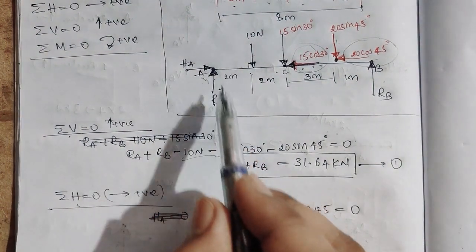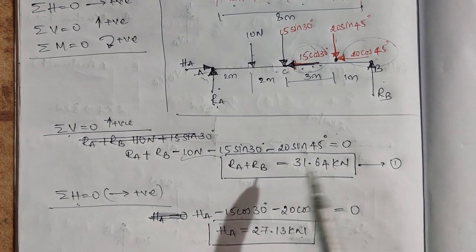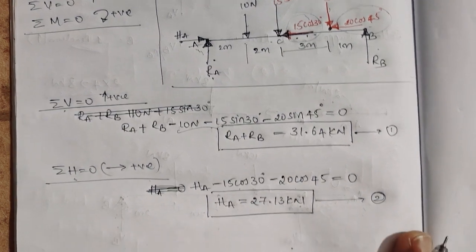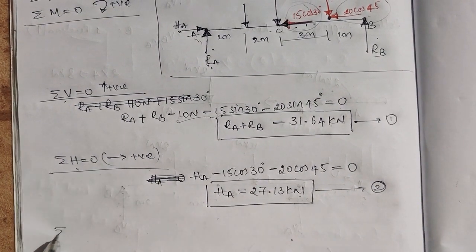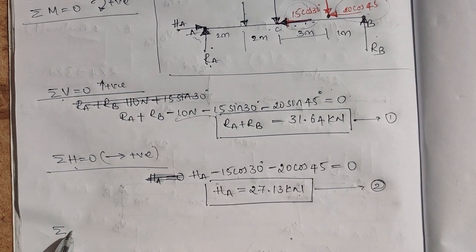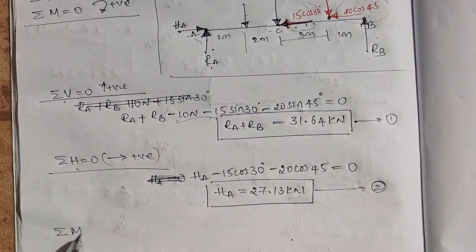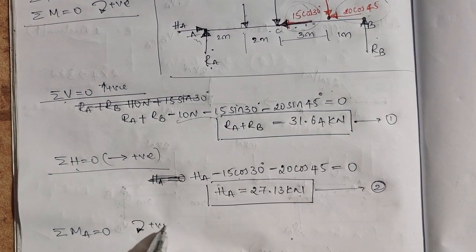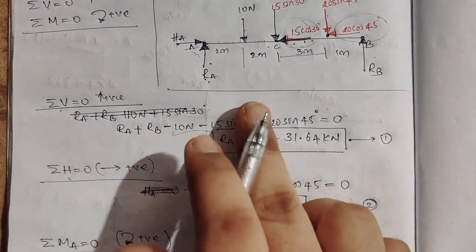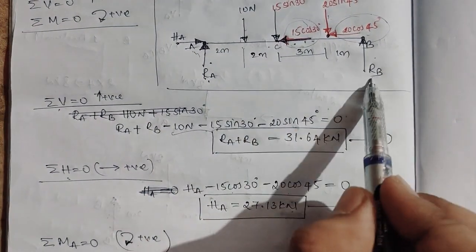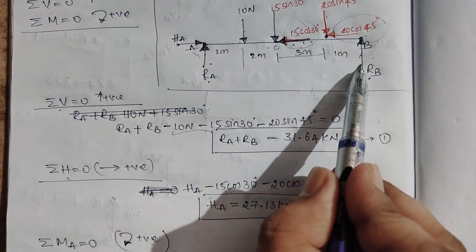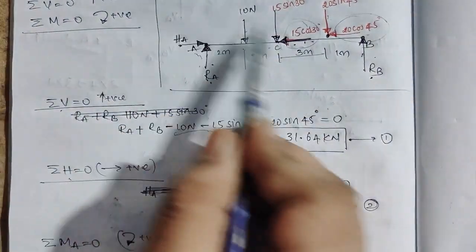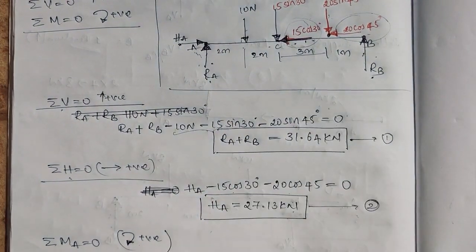So we have to find the support reaction. We found HA, now we need to find RA and RB. Okay, so this is your second equation. Now I'll take moment about any one support. I'll take moment about A. Summation of moment about A is equal to 0, taking clockwise as positive. See here, this RB will create a rotating movement about A, that too in the anti-clockwise direction. So minus RB